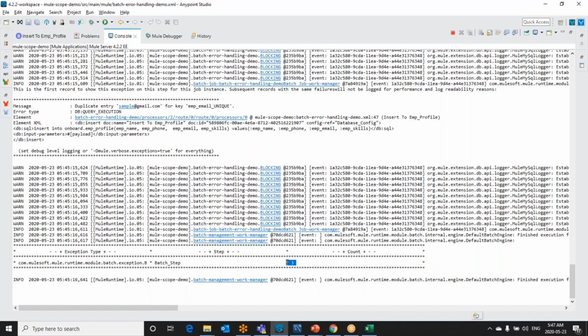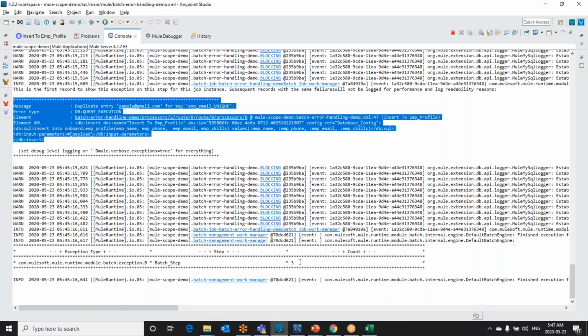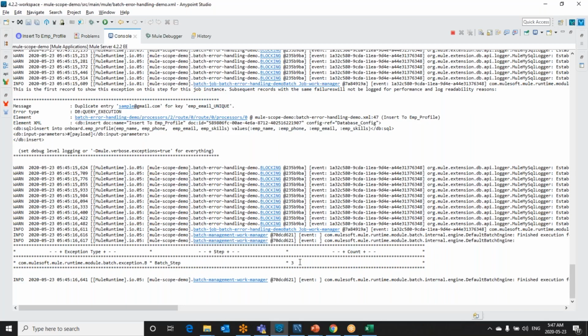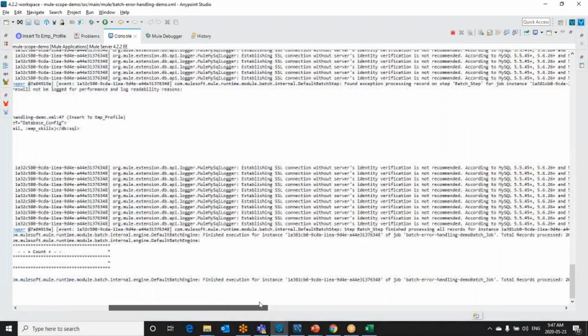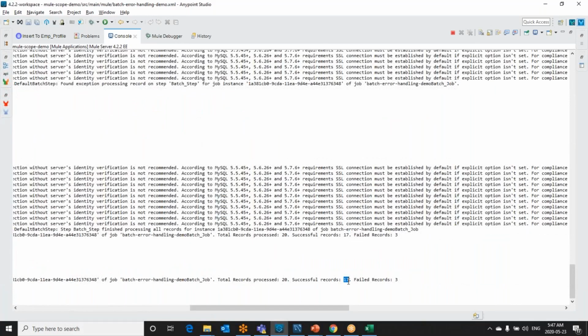It won't print duplicate stack trace messages. Rather than that, it will print once, then it will provide us the count of how many times this error happened. And also we can see the total records processed are 17 and failed records are 3. This way Mule efficiently deals with logging of error records and error stack trace messages in the console.